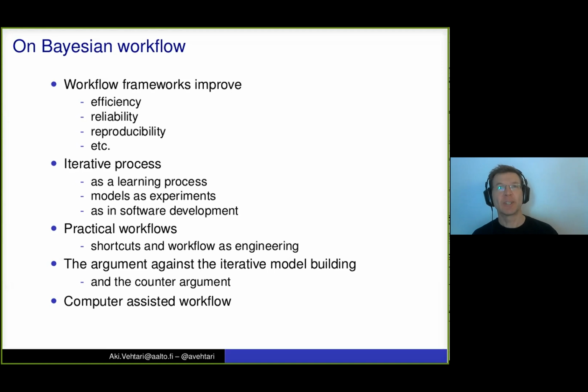Some of the more strict, some people have been recommending that you should always do the simulation-based calibration of your inference algorithm, which is very time-consuming. So there is also the possibility that if we included too many things as part of the minimal standards, too much work could drive people away or just slow down progress.